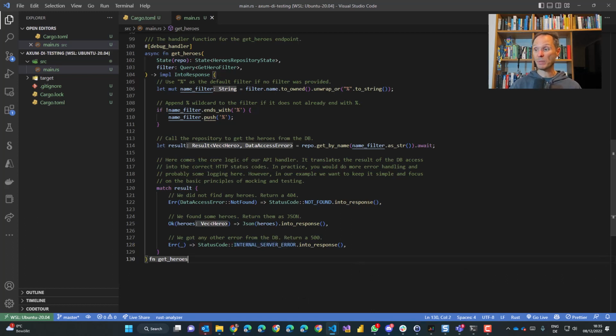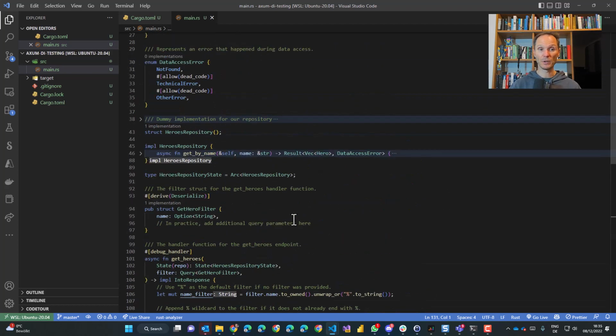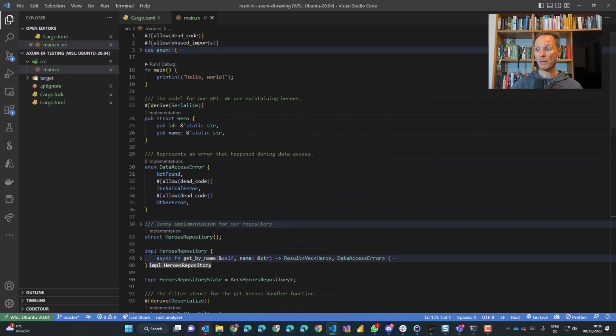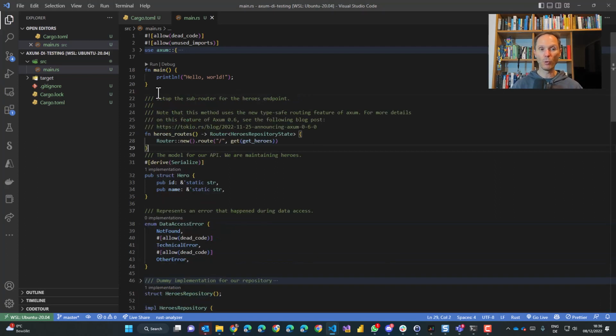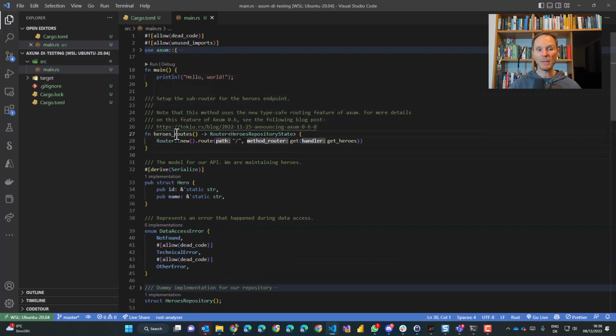We have our API handler function. And now that we have the API handler function, we can go over spinning up our server. So let's scroll up directly here to the main method. And of course, we would like to make it nice and structured. So what I'm going to add before we are spinning up the server is a helper function here. I called it heroes routes, and it can set up all the heroes related API handler and routes in a single spot. I really like to structure the code like that because with that I can have all my hero